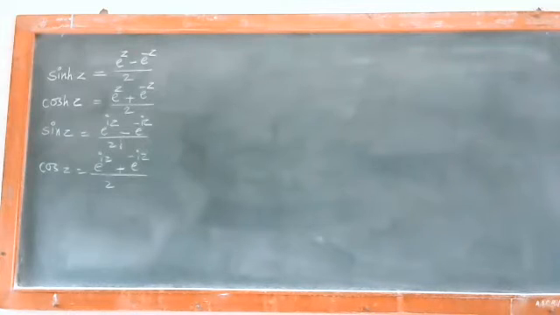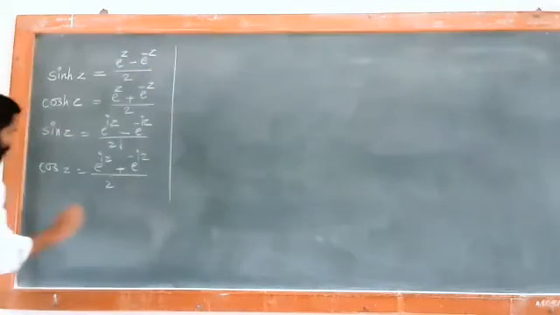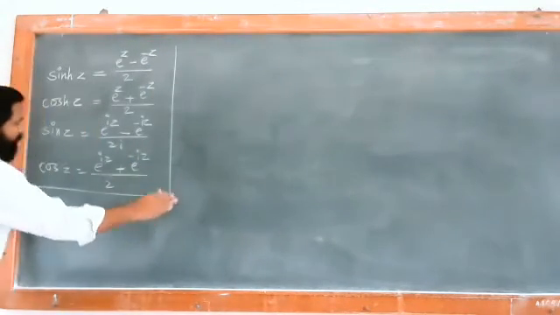Function check. So you can have these terms: cos theta is e raised to i theta plus e raised to minus i theta upon 2. Sin of theta is equal to e raised to i theta minus e raised to minus i theta upon twice i. And now we have to solve these identities. So you can have the first identity.